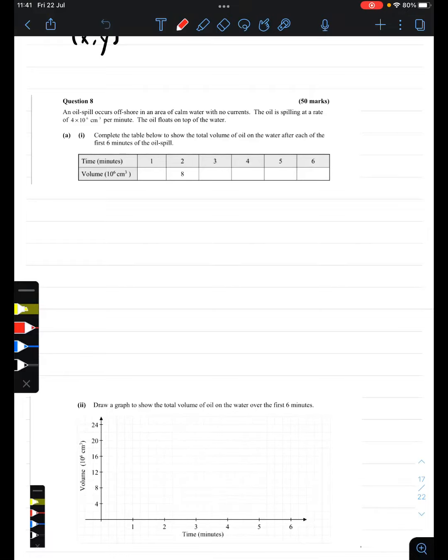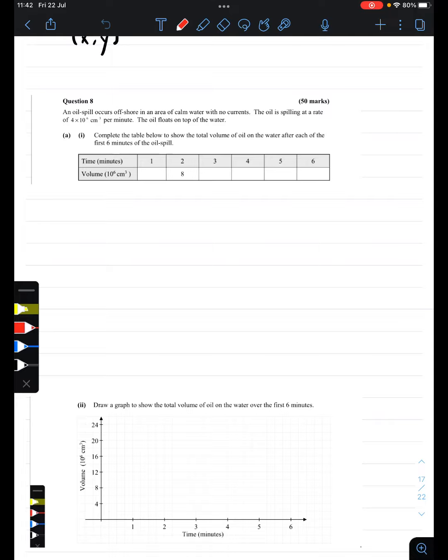Hi guys, so we're going to look at question 8 from the 2015 paper 1 exam. We have an oil spill occurring offshore in an area of calm water with no currents. The oil is spilling at a rate of 4 by 10 to the 6 centimeters cubed per minute, and the oil floats on top of the water. So the first question,